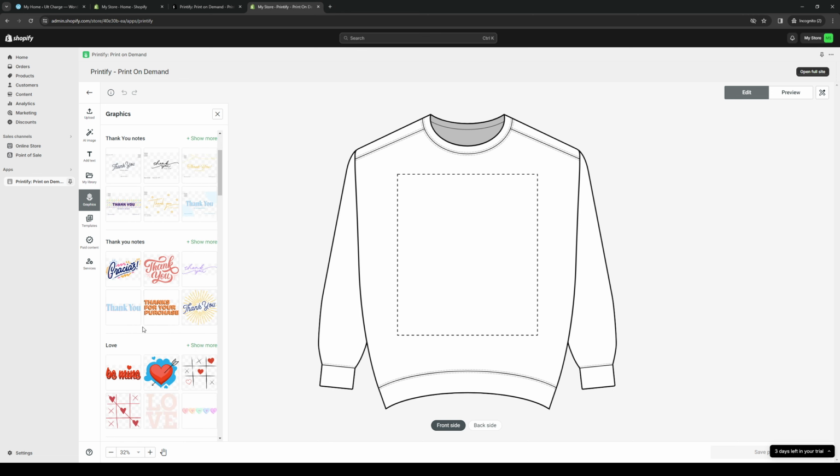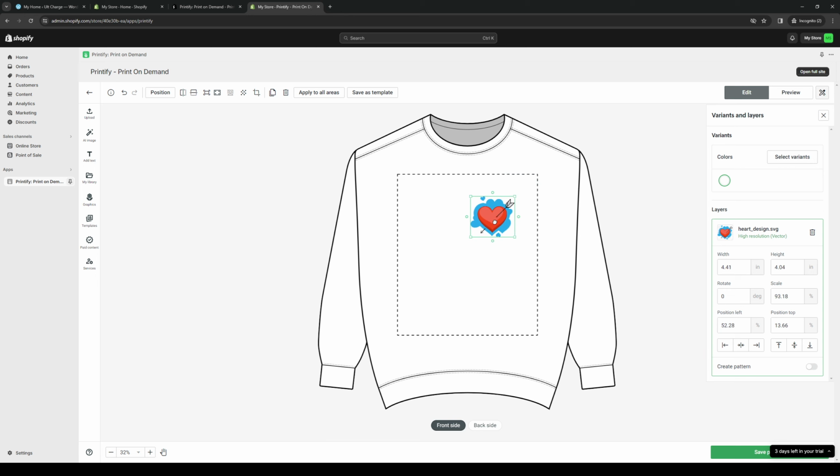So we want to make your selection, click on it like so, and it's going to load the thing onto the t-shirt. Now you can do things here like resizing, recoloring, make the canvas bigger, add it here, maybe do like a little heart icon on the left chest. That's pretty cool. You can resize, recolor, you can morph it, you can invert the image, and you can simply